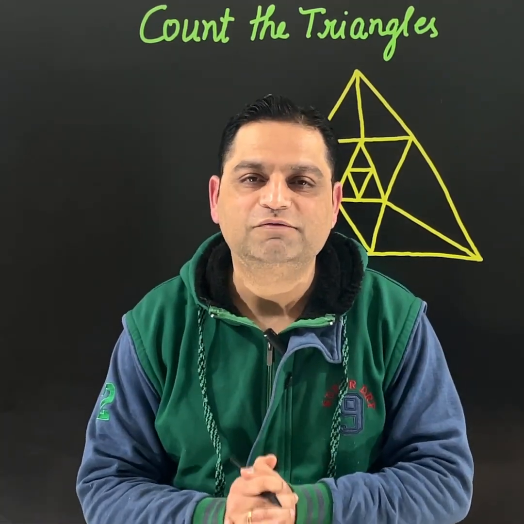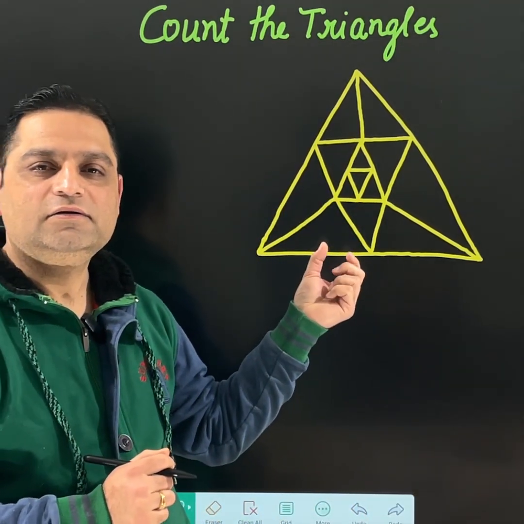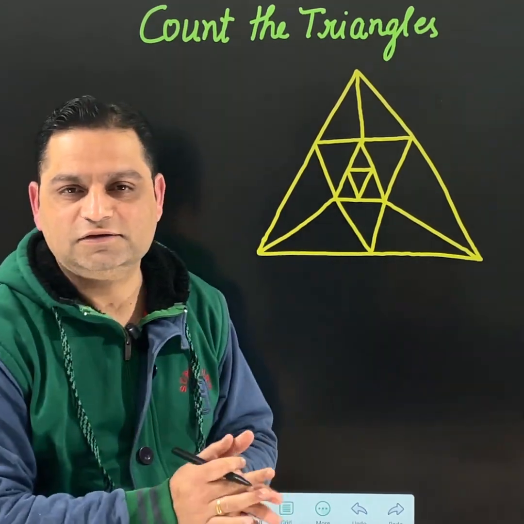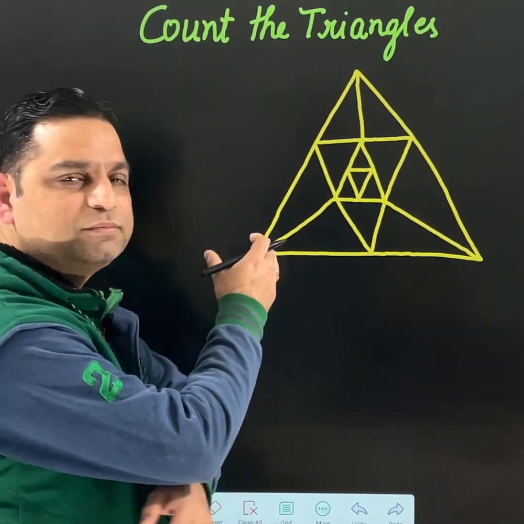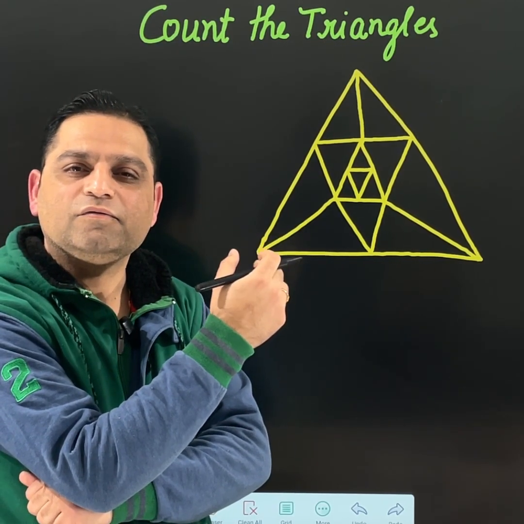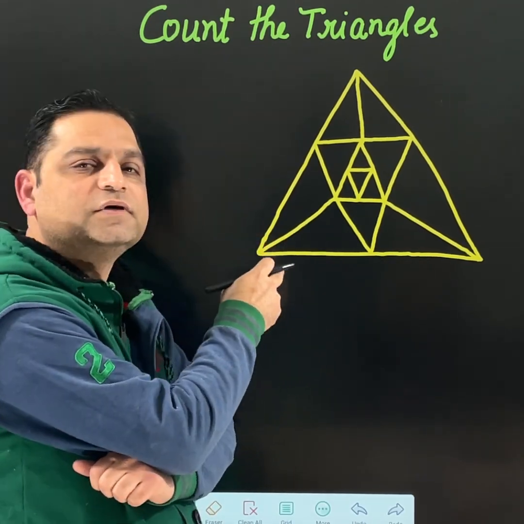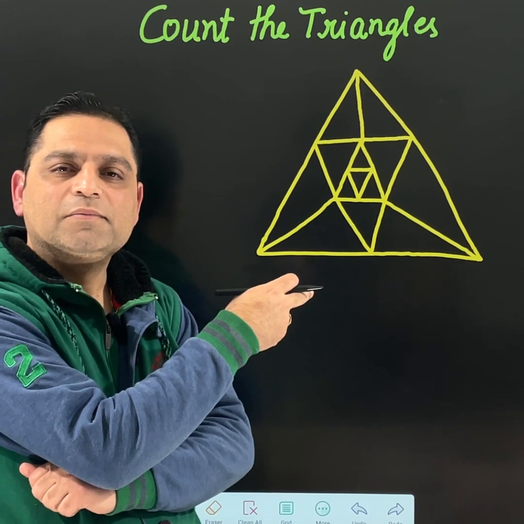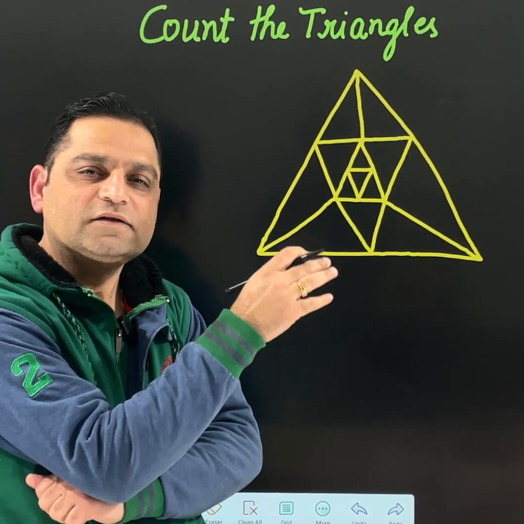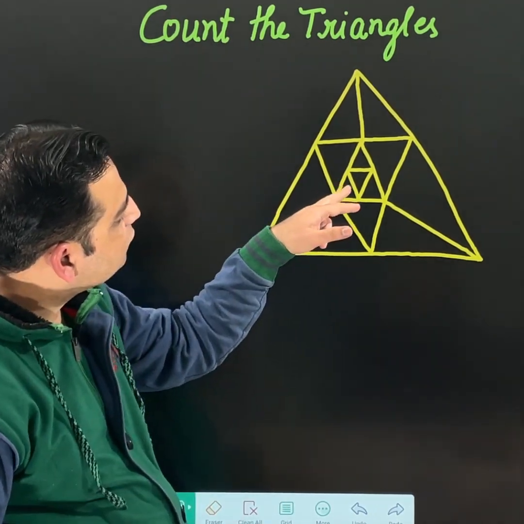Today's lecture is going to be very interesting. Today we are going to learn a very important trick: how to count the number of triangles in this type of shape. These type of questions usually come in competitive exams in the reasoning section, where sometimes counting becomes difficult. In fact, this is a very easy question, but still if you start doing it manually, somewhere there will be a problem. So let us start from the basics, because if you can see, there is a very small triangle also,